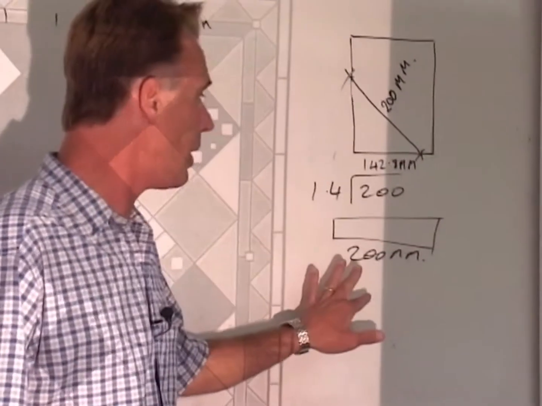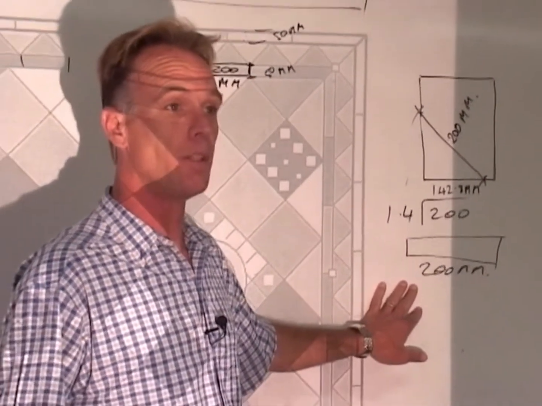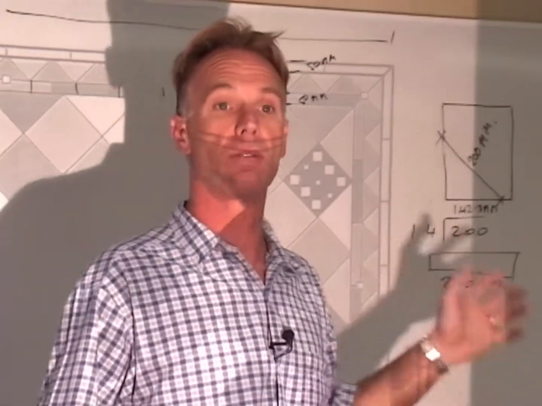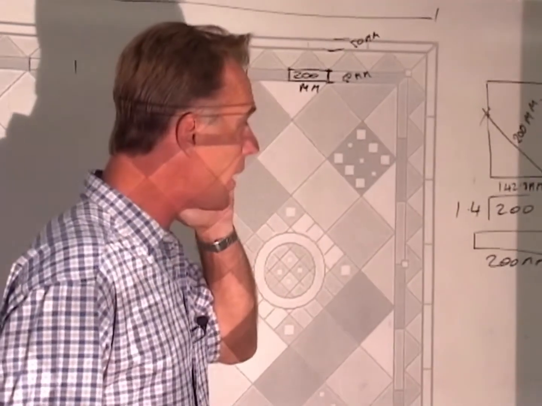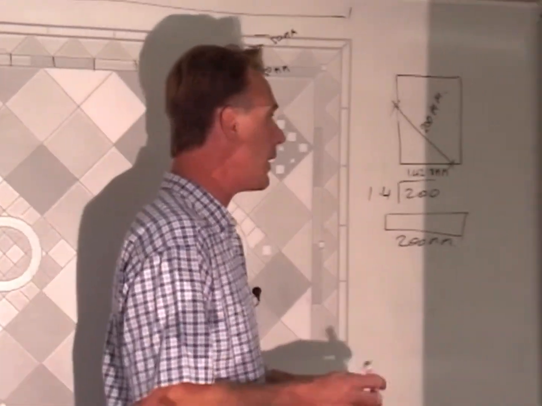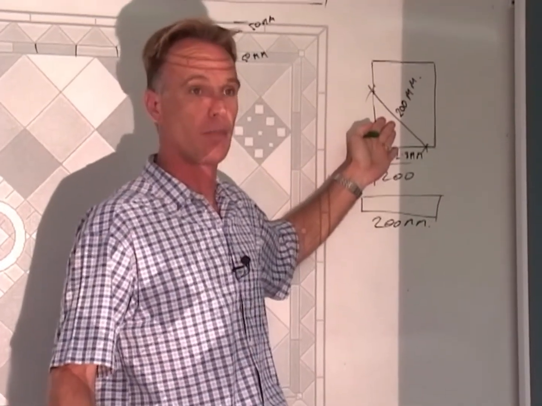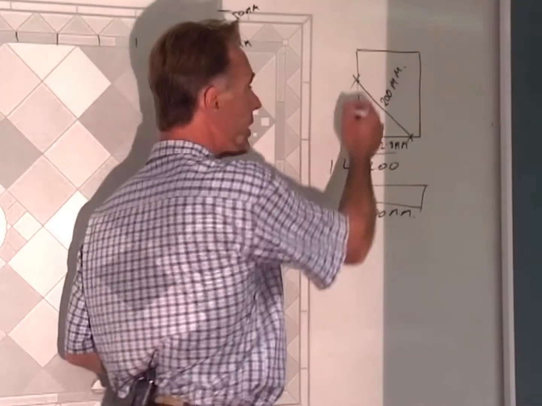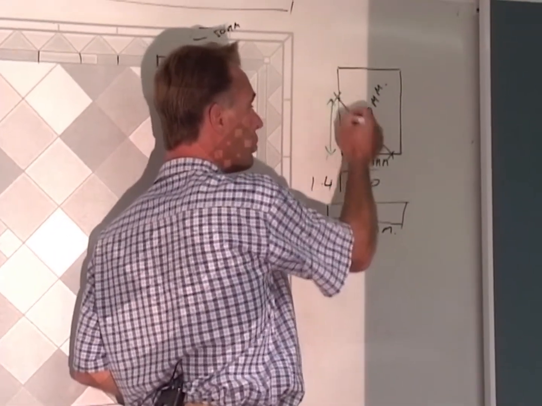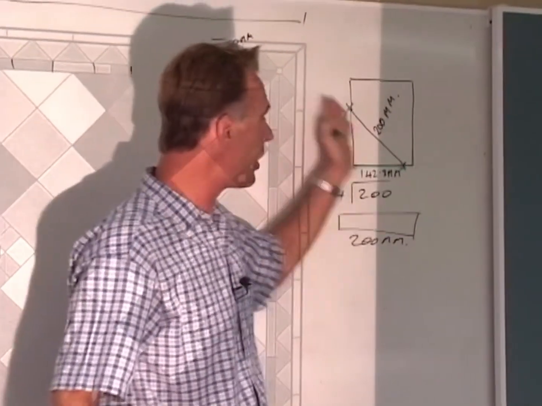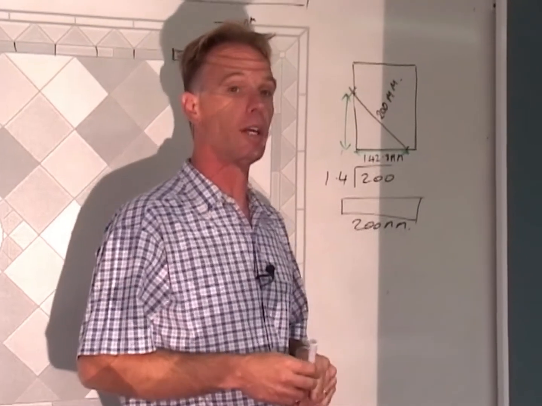Gordon, could I just get you to perhaps work through that with them? Certainly, Enzo. Guys, this is a nice, simple formula that you can use, and you probably will use quite often, particularly in this type of work where you're cutting a lot of diagonal, triangular tiles. As Enzo suggested, you take the diagonal measurement that you need and divide it by the 1.4, which gives you that distance, which you can quite easily measure along both edges of your square tile. And then by marking the line, you'll find that you've got the required diagonal.